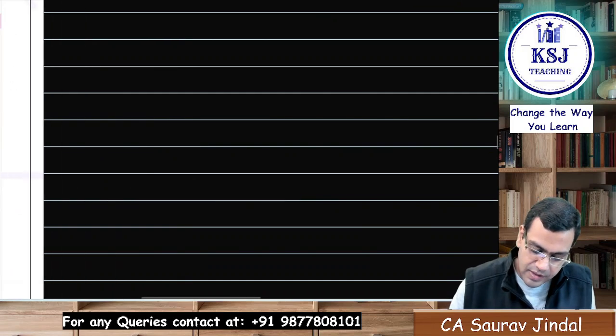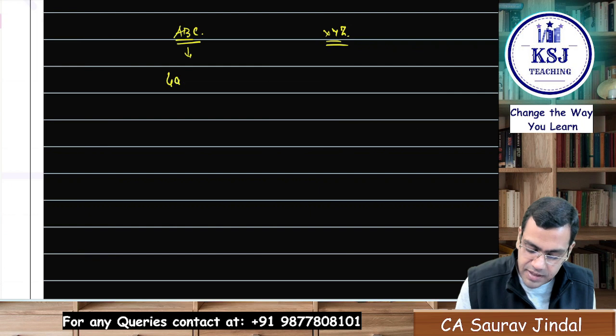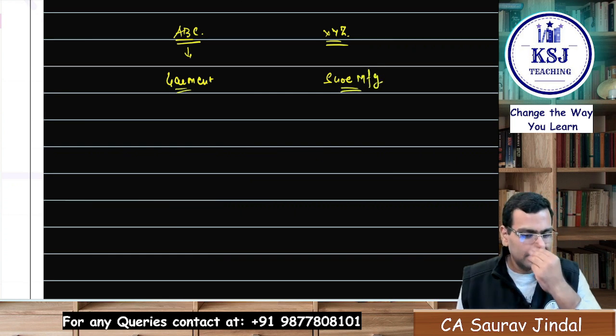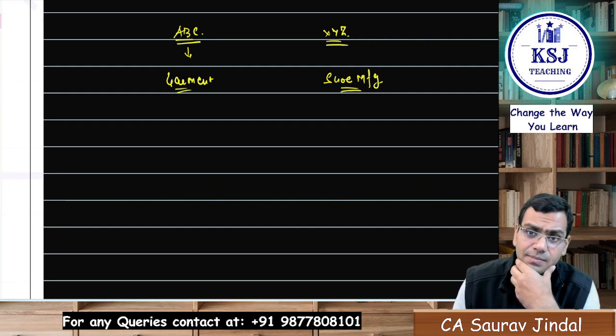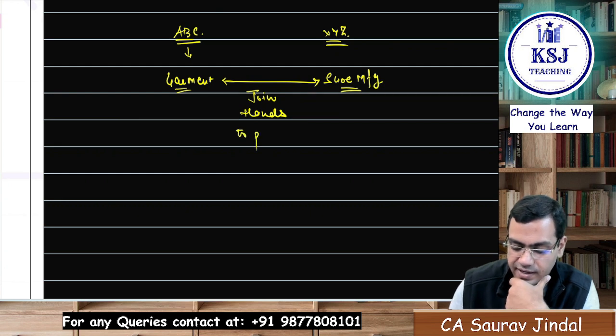Okay. There is ABC Limited, and there is XYZ, right? This one is into garment manufacturing, and this one is into shoe manufacturing, right? Now, both of them have separate markets. They come together, they join hands to provide gym wear,